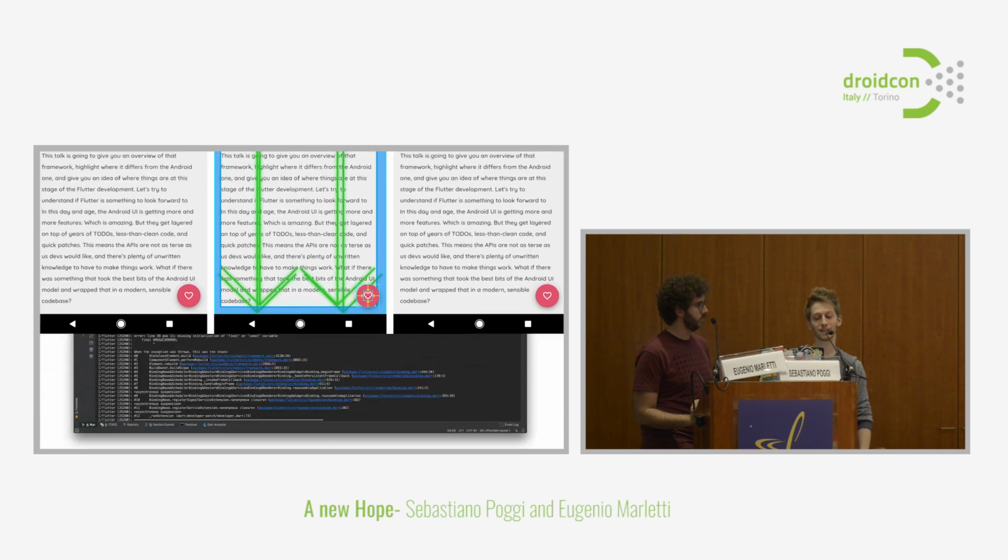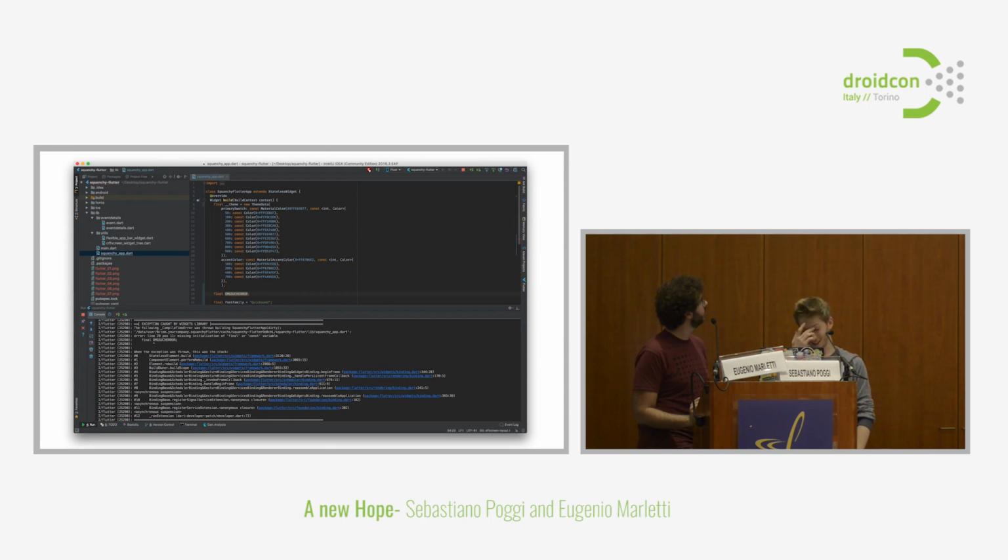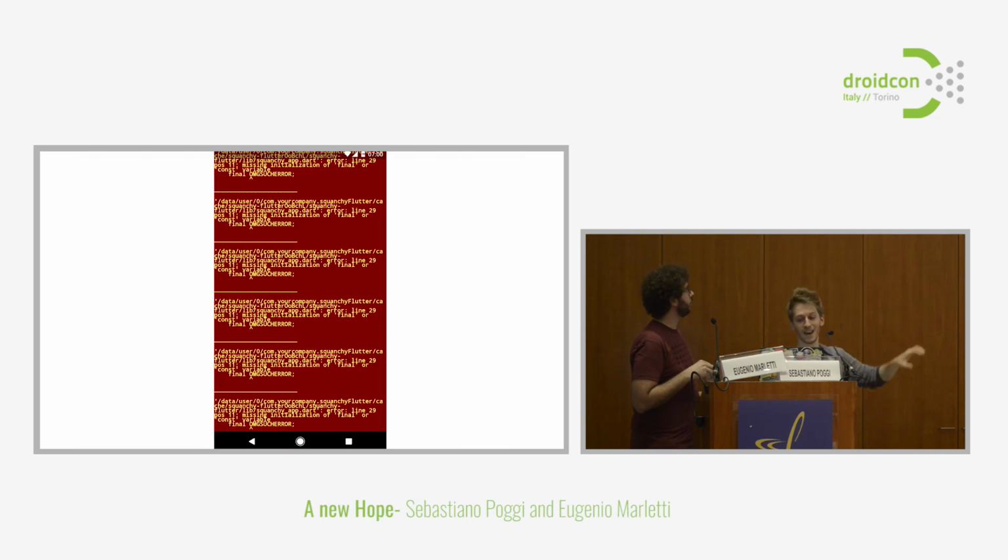Also, the experience when you get a crash is nice. I created a fake crash: I declared a final variable without initializing the variable itself. What happens is that you get the stack trace inside the IDE, and on the device, you find this. I almost had a heart attack the first time. It repeats over and over the error that you had, which is helpful because it's the real error, not just "something happened." So you know something is wrong when you see this.